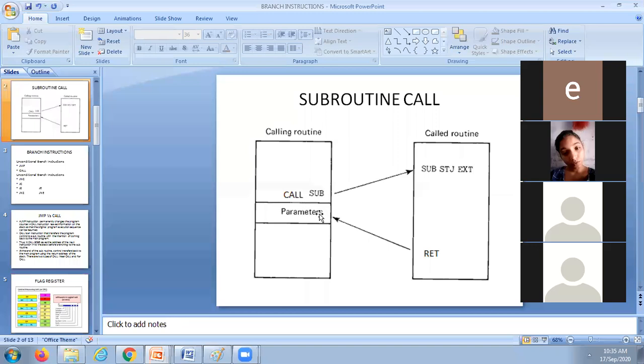So how do you find this? All the status of the main program is to be retrieved. How do you find this? Because before transferring, all the information about where you stopped is available in the status. So whenever you retrieve the status, automatically you find the address of the next instruction to be executed in the main program. Is it clear or not?